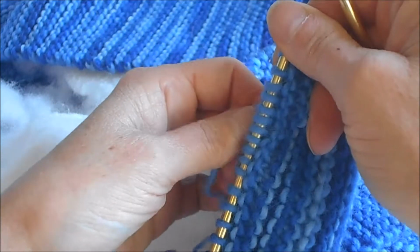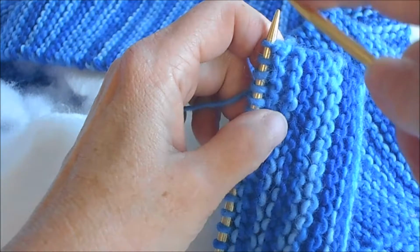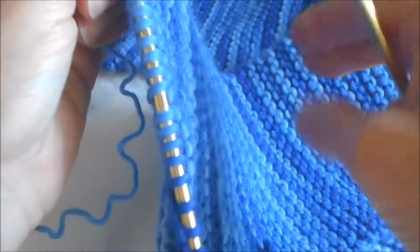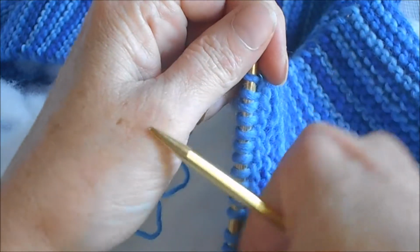This is part 2 of the scarf. Today we're going to learn how to bind off. And so we have knit a scarf length. You could use this as a straight single line scarf, or you could join the ends for a double wrap